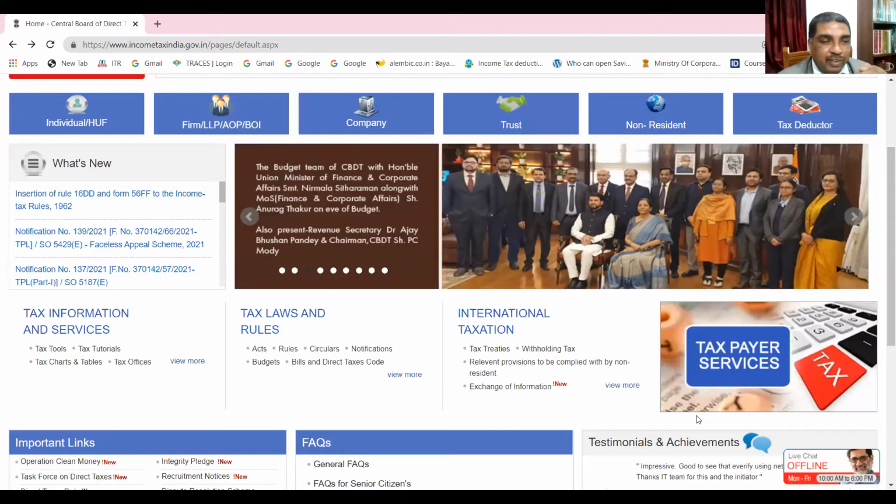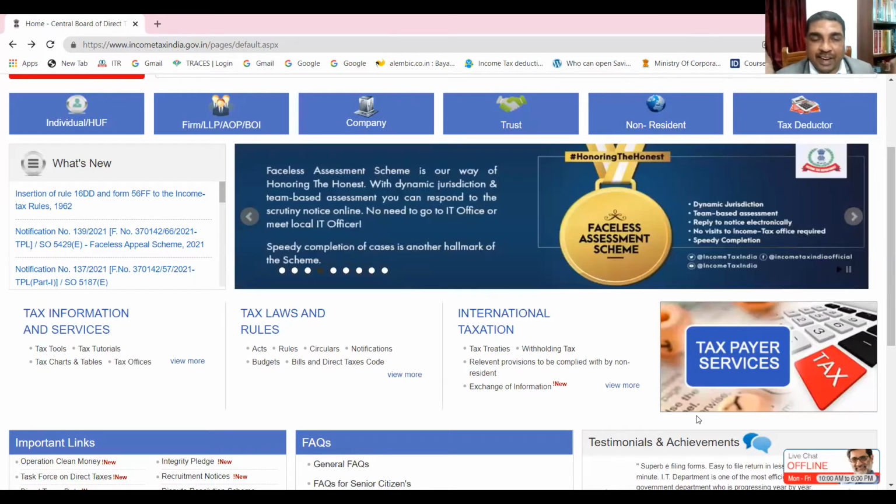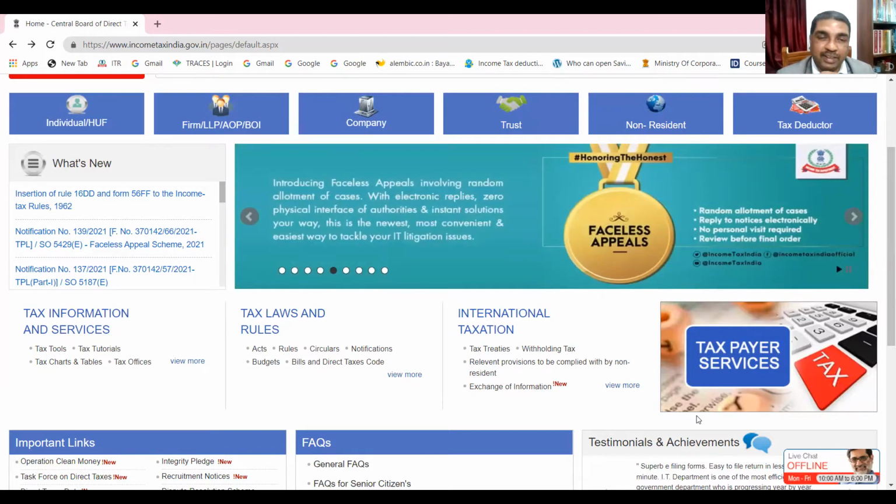Now let me once again take you to the homepage of Income Tax Department site. Let us read the Act therefrom. Yeah, homepage again you are seeing. I want to read Income Tax Act. Now please tell me, where should I go?